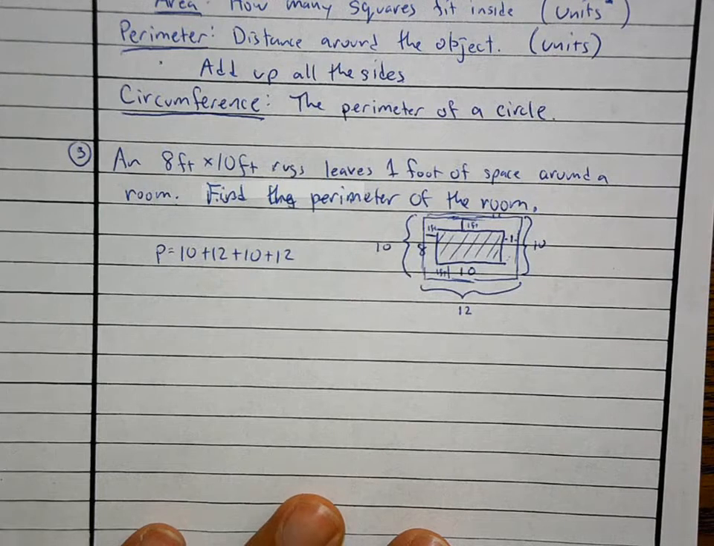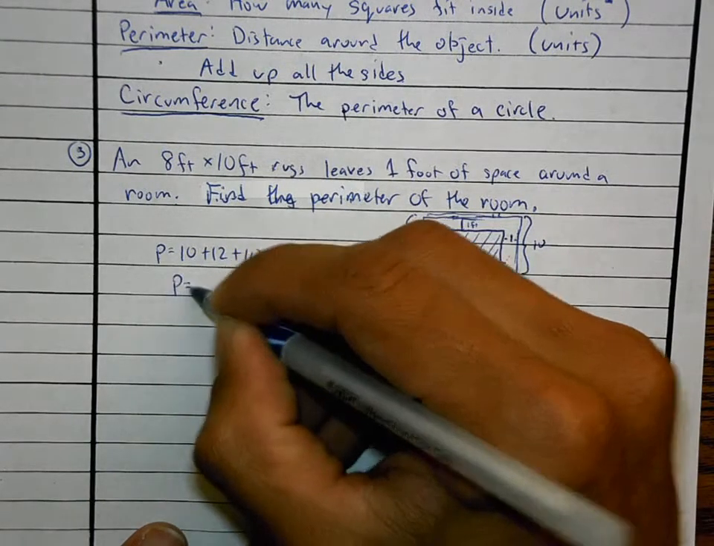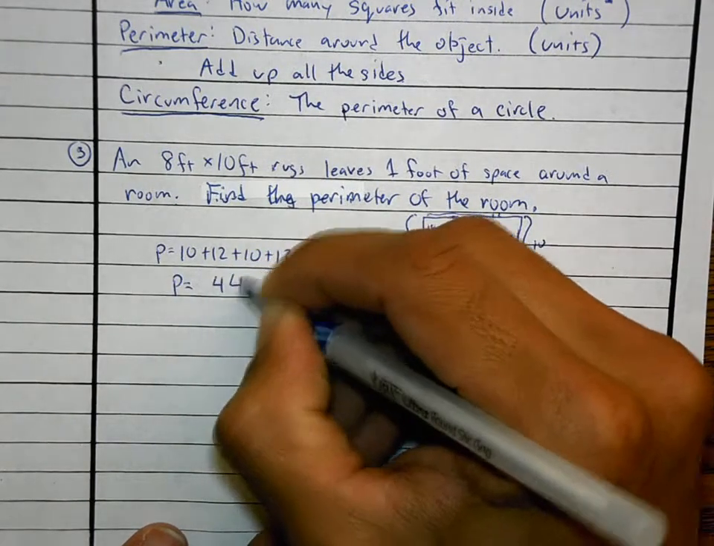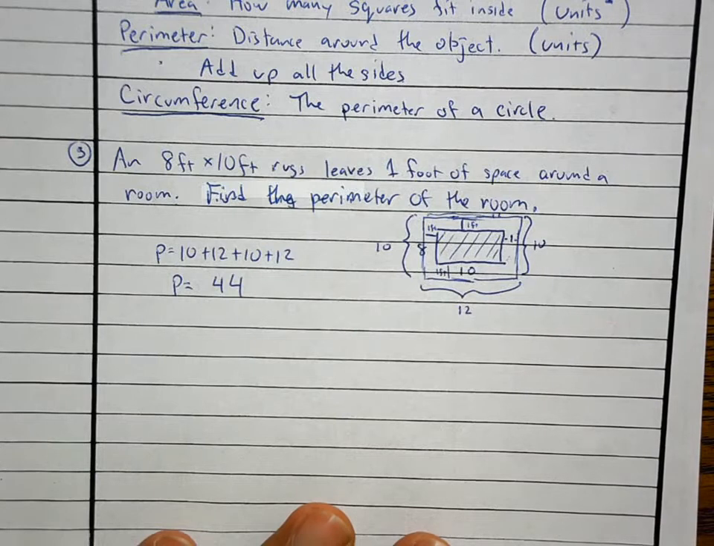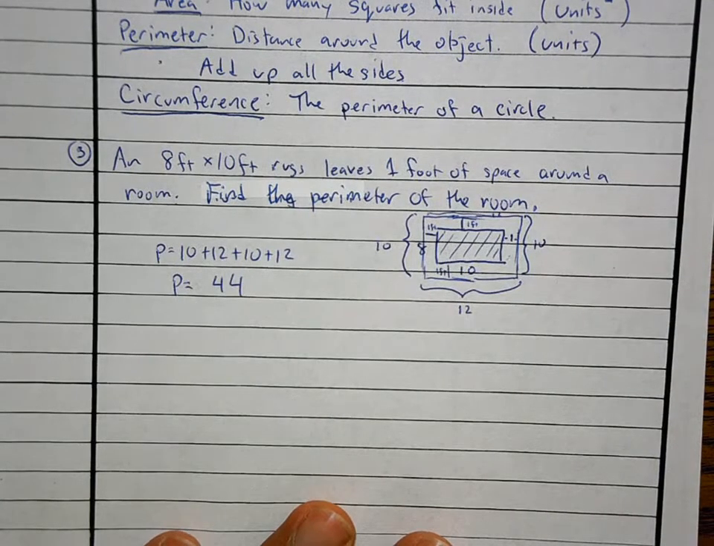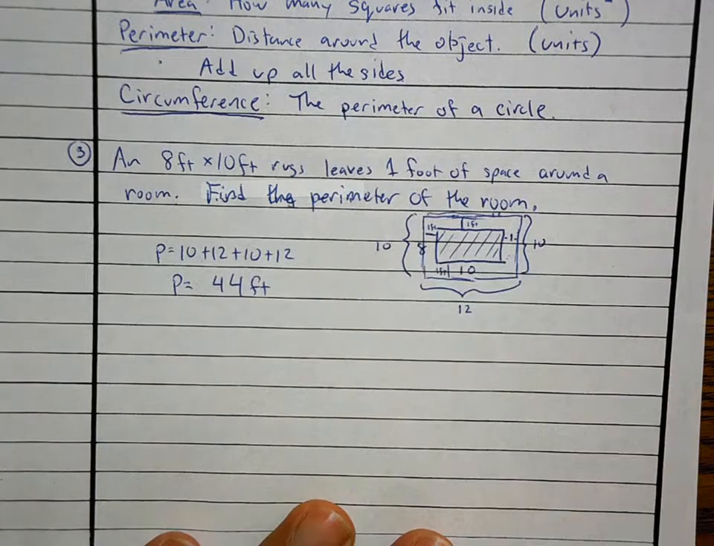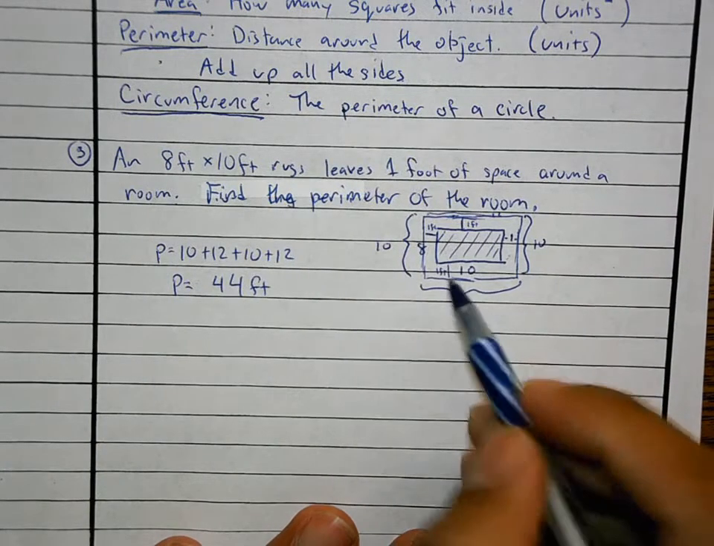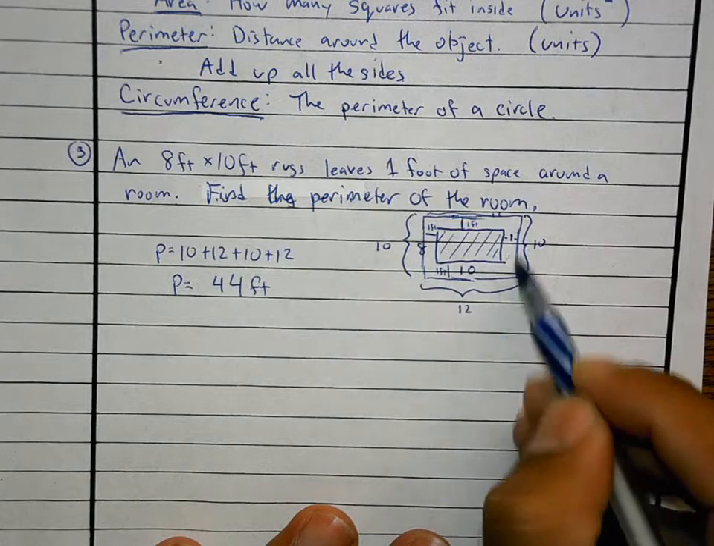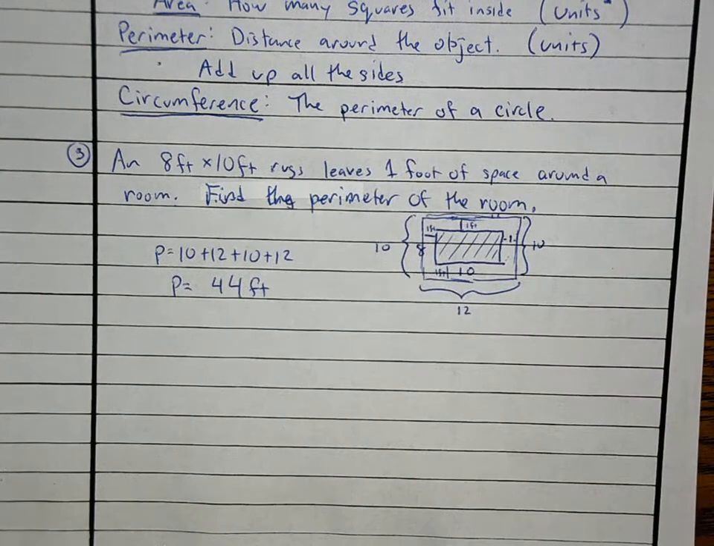I believe the perimeter is 44. And what are we measuring this in? I'm just curious. So, feet. Is it squared? Nope, it's just a distance. We're saying it's 44 feet around. Perimeter in real life is what we use to measure how much baseboard you're going to put into your